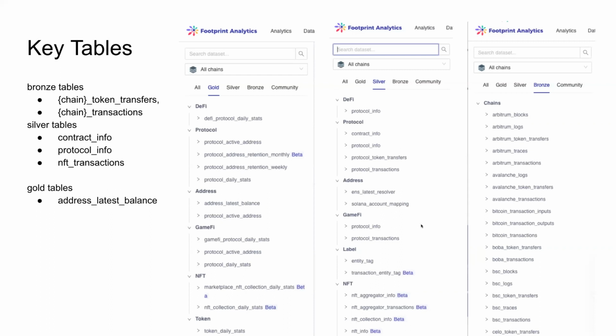We provide this data for both data analysts and data scientists, so that they can save a lot of time rather than digging into lots of the detail of a smart contract event. And also we provide the bronze data. I guess you probably already know that logs, token transfer, and transaction are all included in